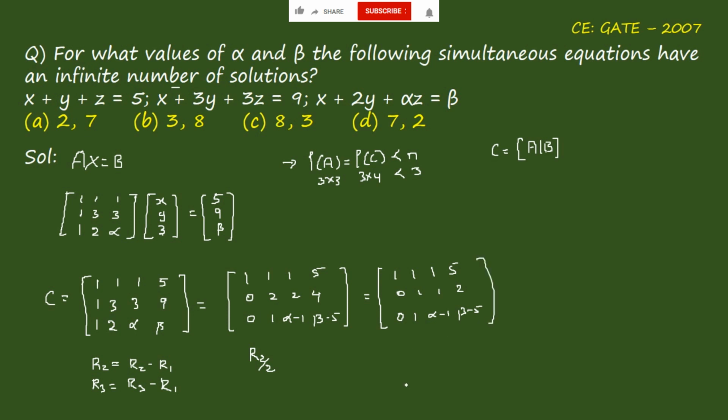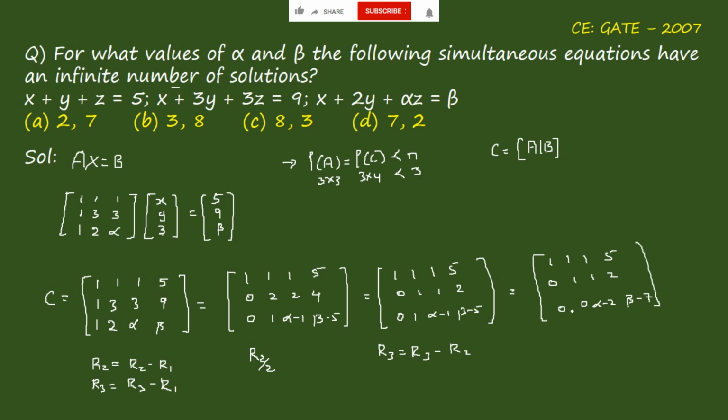Again, what you do is subtract R3 equals R3 minus R2. And what do we get? The matrix becomes 1, 1, 1, 5, and this is 0, 1, 1, 2, and this is 0, 0, alpha minus 2, and this is beta minus 7,